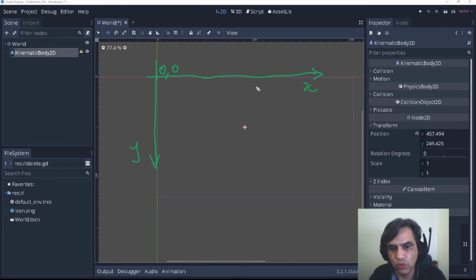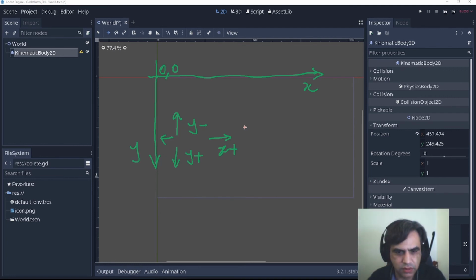If I want to move down, I need to increase the Y positive. If I want to go up, I want to decrease the Y. The same for the X: if I want to go to the right, I increase the X. If I want to go to the left, I decrease it, going negative.